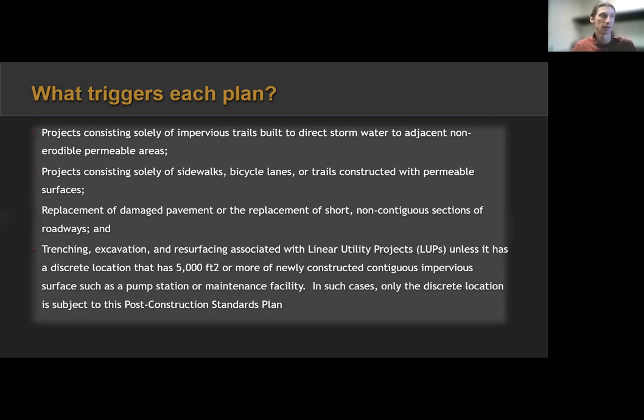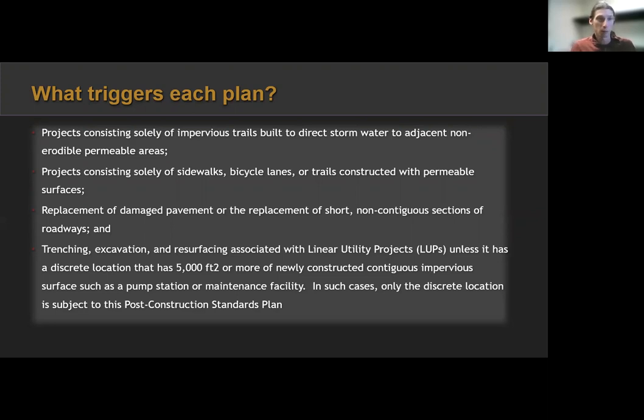So that's a lot. That's a big list, but you can see it generally follows the same idea. Roadways, sidewalks, routine maintenance, LUPs, usually those will be exempt. So if you see any of those in your project planning, you might think, okay, I know that. I think we can skip over those. Or you can go back to the permit and recheck the rules like, yeah, that one's out. We don't need post-construction here.